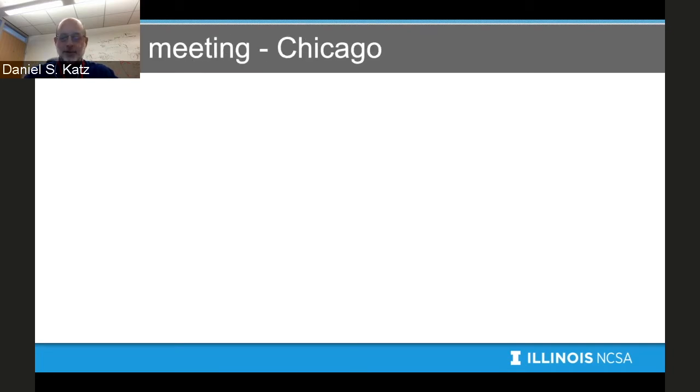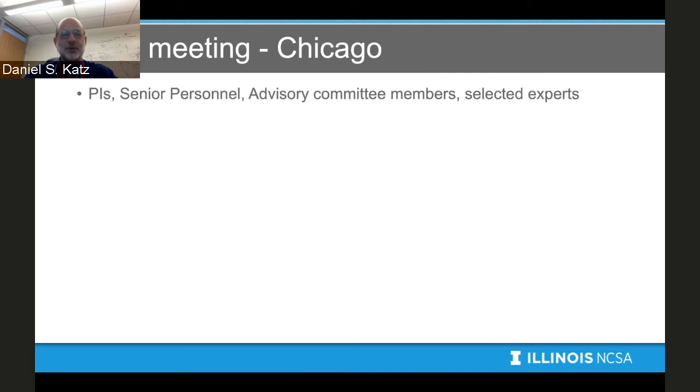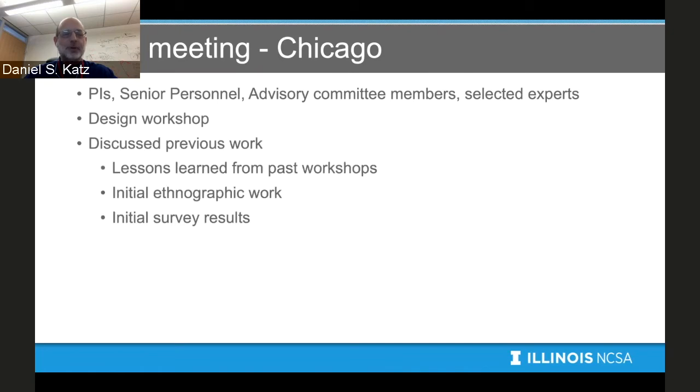And having done all these different activities, then we had a final meeting in Chicago that was kind of a workshop and kind of not a workshop in different ways, because it wasn't intended to bring in any new information. It was intended to bring together the PIs and senior personnel and advisory committee members and a few experts. And it was really a design workshop where we wanted to talk about all the previous work, what we learned